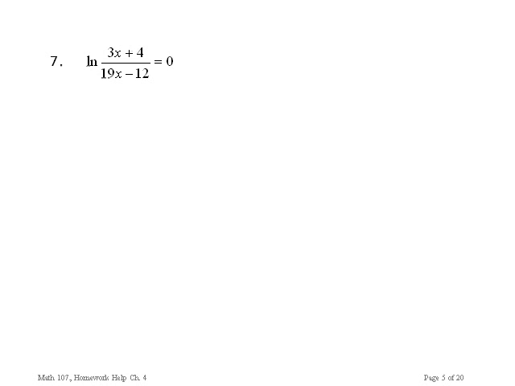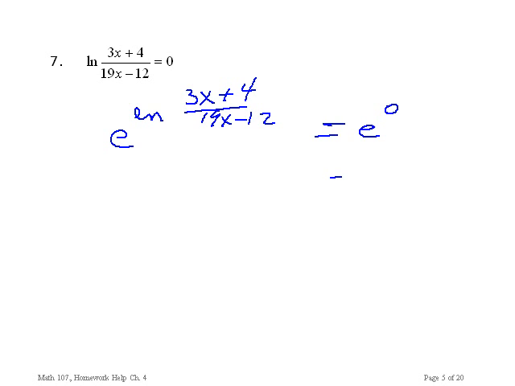Now we have a case of a natural log, and we want to solve for something in the argument of the natural log. In order to do that, we use its inverse, which is exponentiation. So if it's ln, I want to use e to balance it out, because that will work. And I have to do the same thing on the other side, e to the 0. Don't forget that. Now e to the 0 is 1, but when I have e and natural log, they're both the same base. This side is just